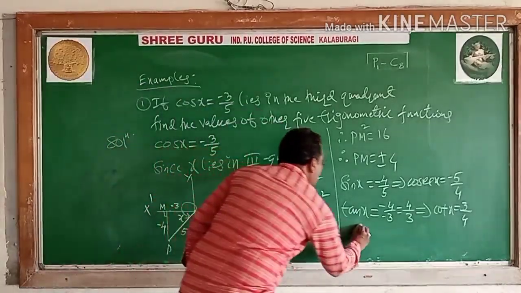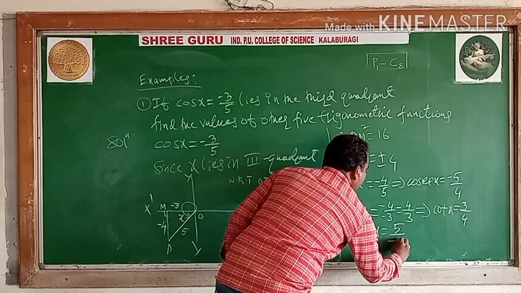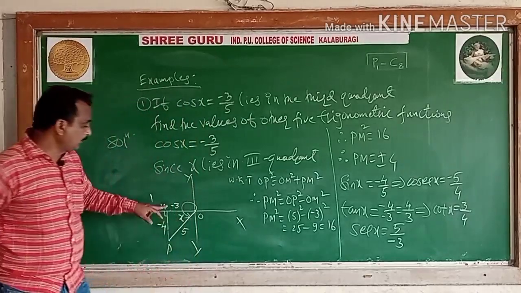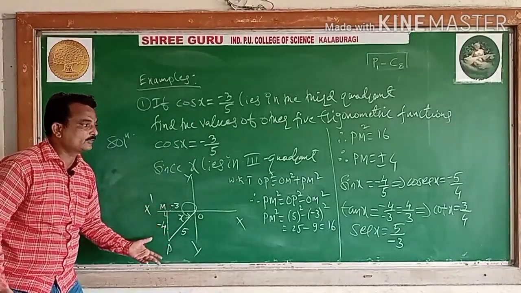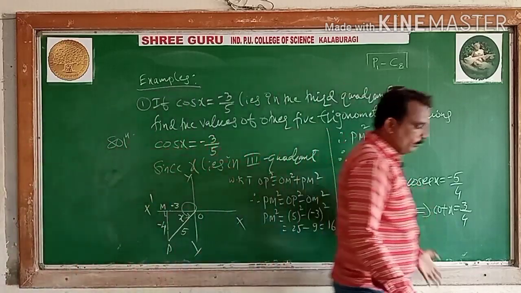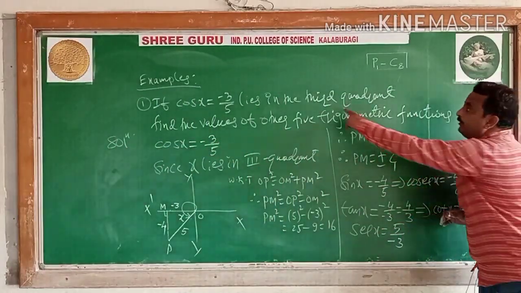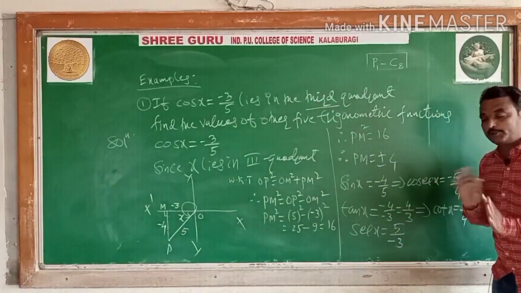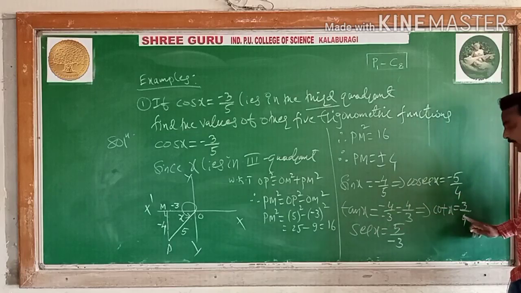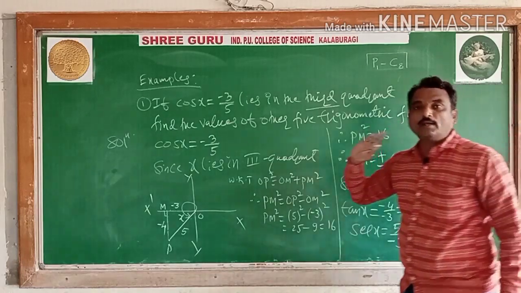The next, sin and cosec are over, cos is given. Then let us find the fifth function, sec x, hypotenuse by adjacent side, which is 5 by minus 3. So these are the remaining 5 functions, students. See which quadrant it is. Given that it is in the third quadrant, you know only tan and cot are positive. The remaining all are negative.